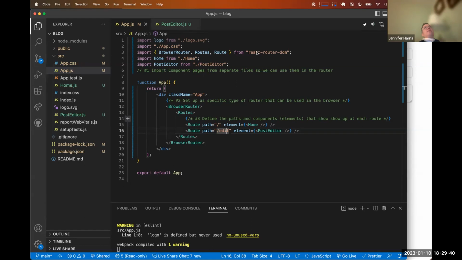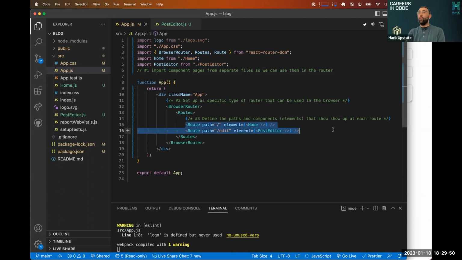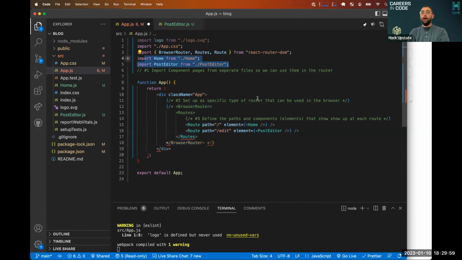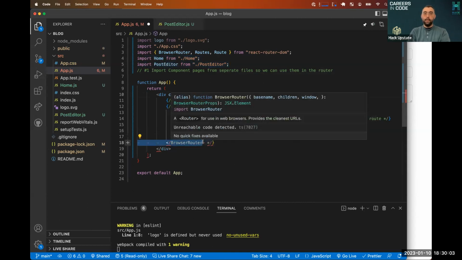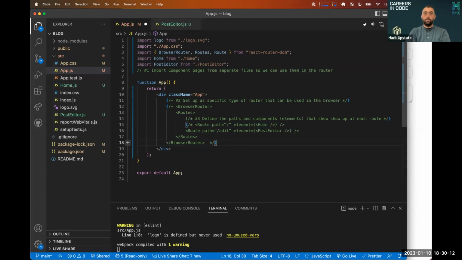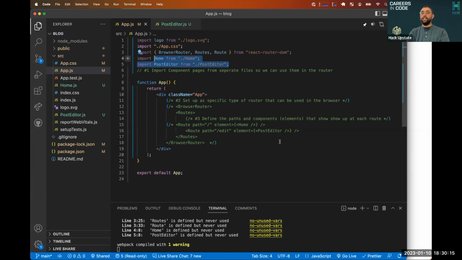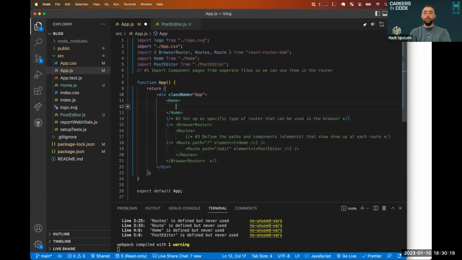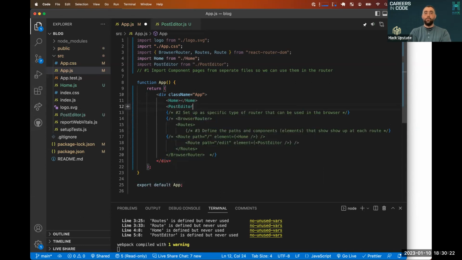Yeah, so the import here is just pulling it in, but we haven't told it which one to show yet. Right? If we said, screw the router, we don't need a router. We've got our 2 imports here. I can just take my, oh, hold on, I broke things. I've got my 2 imports here. I'll just show them. I'll use my home and I'll use my post editor. So I save that, I come over here, and now I've got,